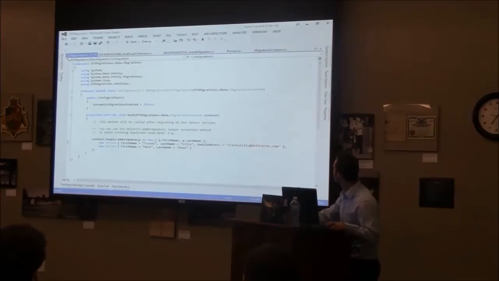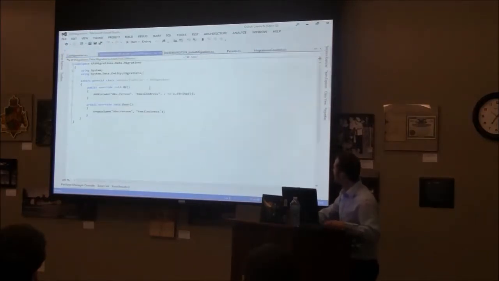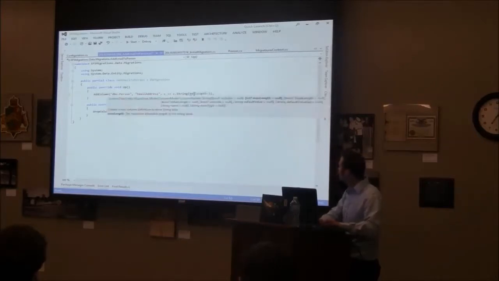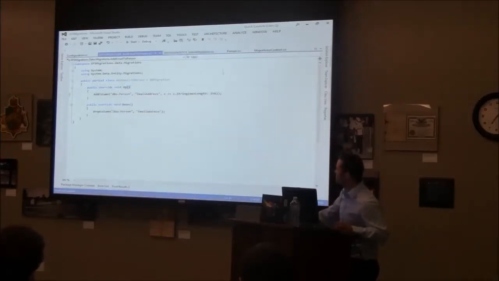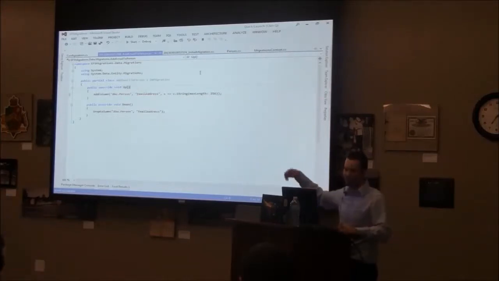So let me go back and actually change my migration. Again, I mentioned before you can actually do it here. So if I specify max length, let's say I want max length of 256. So I just changed the code file. I didn't actually change my configuration. So I would probably prefer to keep them in sync, because it'll always look at the configurations you add in